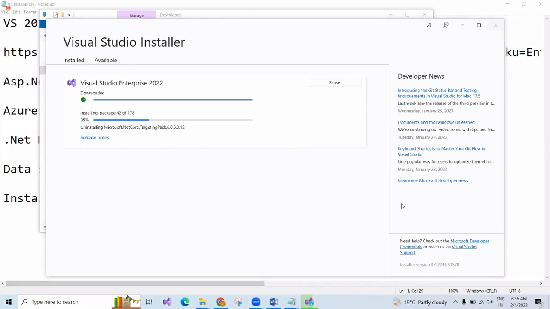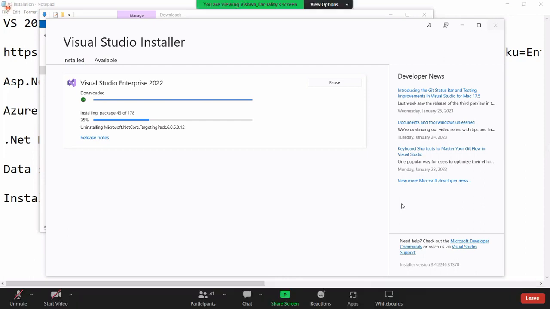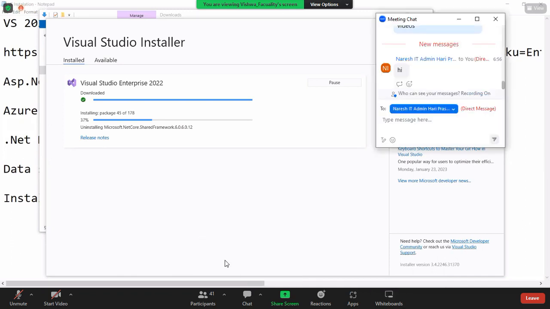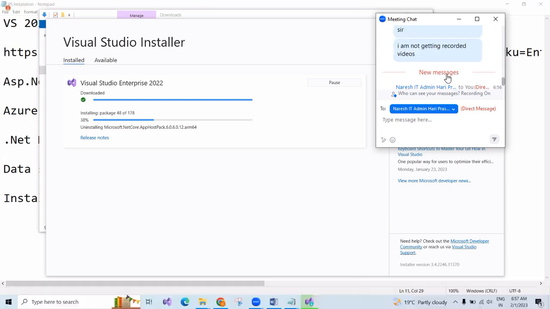Do you have any Visual Studio icon there? Community, Professional, Enterprise. No, it did not download. No, sir. Okay, so select that enterprise and download it.